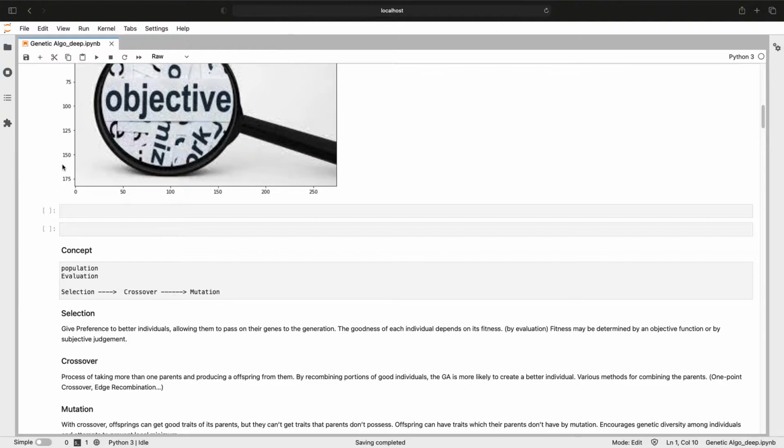The second terminology we have is evaluation. Once we have the population initiated, the population is evaluated by assigning a fitness value to each individual. After evaluation, the algorithm decides whether it should terminate the process depending on the termination condition we provide, because it might have reached a fixed number of generations, or it might have got an adequate solution for the problem statement we have defined.